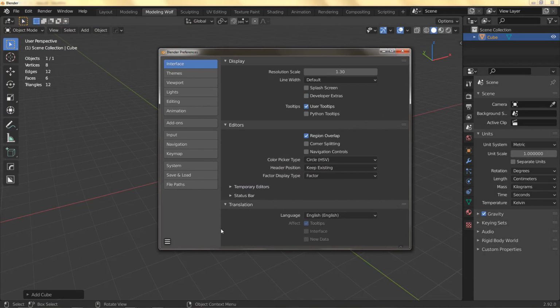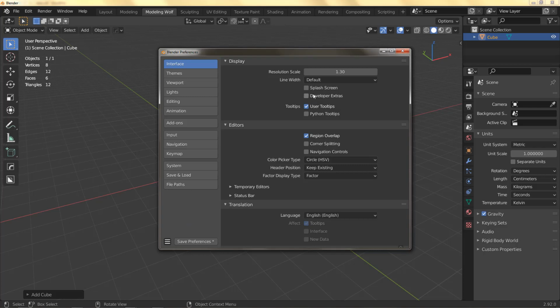And before we do anything, let's have a look at this button down here, which is the Save and Load button. By default, the Autosave Preferences are switched on, and that means that whenever you make a change, Blender will automatically save it. That is something you probably don't want at this point, so go ahead and switch that off. As a matter of fact, I wouldn't recommend saving anything for now. Just maybe have a look at what I'm changing, and later you can make the changes that you like and